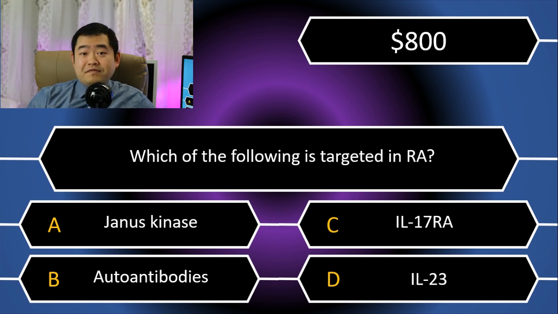So I give you 5 seconds. 1, 2, 3, 4, 5. And the final answer is A, Janus kinase, or JAK, J-A-K. Alright, so we have two agents, actually two small molecule agents currently that are targeting the JAK pathway. So this is the end of my content in the J module,